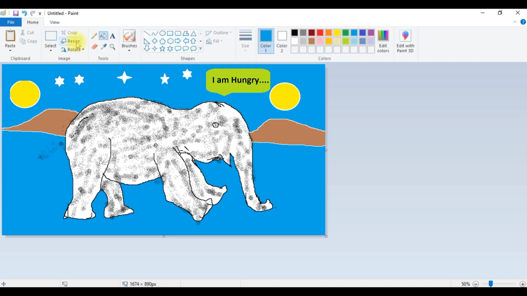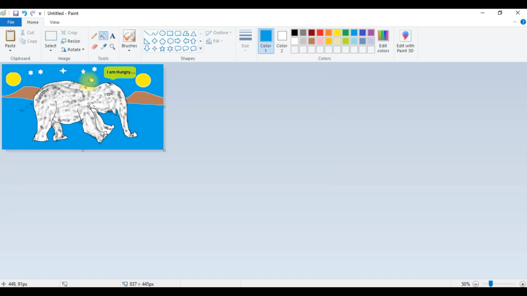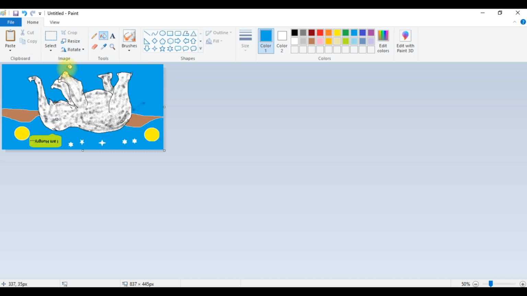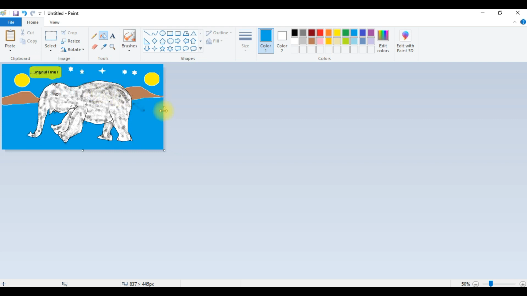Apart from that, we can resize that picture to 50 percent, something like that. With rotate, you can rotate that, and horizontal 180 degrees, so it just flips that way.